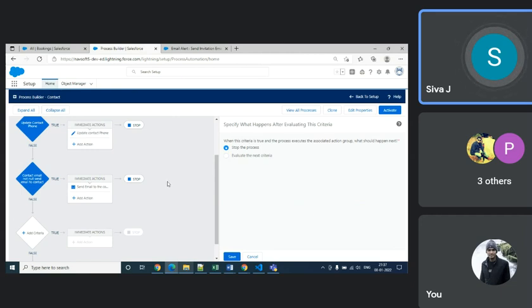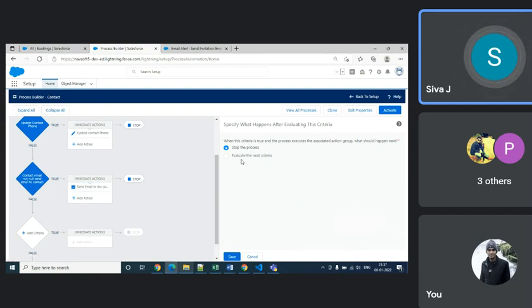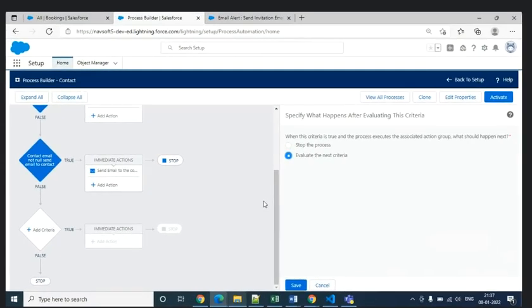You can find these two things here. If you want to go to the next criteria after it is completed, you should select this. Otherwise, if you want to stop at the first one, you can stop there only. I suggest you choose this, but it depends on whatever your requirement is. Then save it.